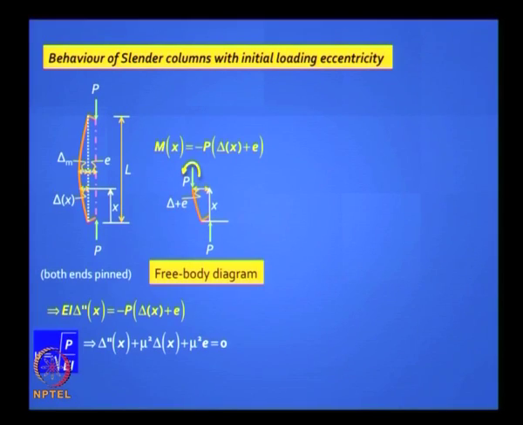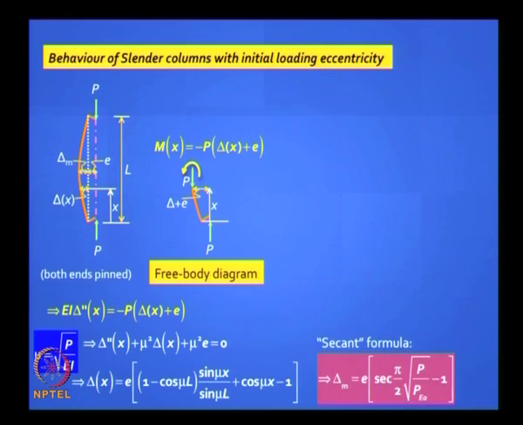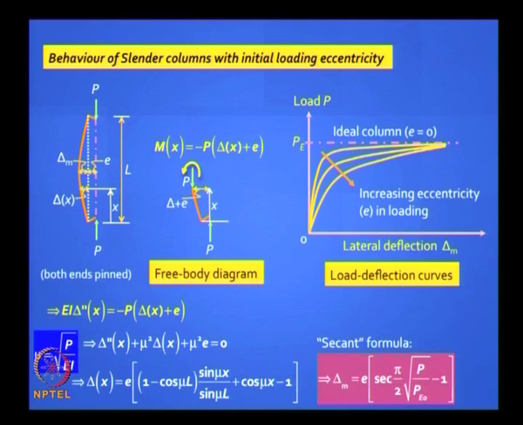So when you write this equation and you solve for this, you will find that you have an eigenvalue problem here, which if you solve for, you get an expression. This is called a secant formula, it is a famous formula, and your deflected shape looks like this. Remember the first figure we drew, we had a bifurcation point, right? We no longer have that bifurcation point. Actually, you do not have an eigenvalue solution. This is not an eigenvalue problem. You have a unique solution, and what is interesting is that all those lines you can see, if you look carefully,